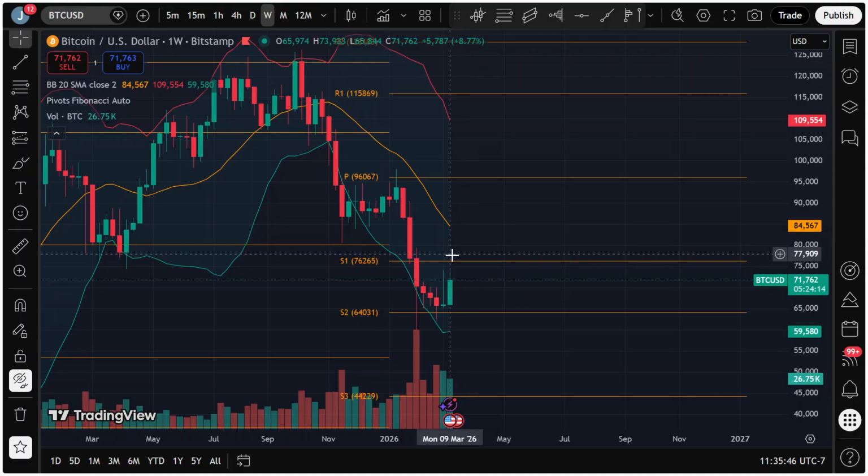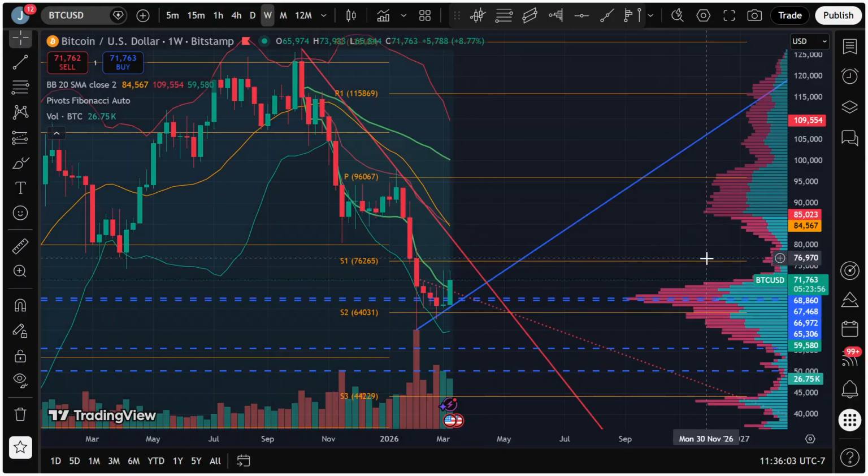Again, if we have a strong interaction with the weekly pivot, and then price is able to have a strong reaction to the weekly SMA instead of chopping off the weekly SMA. If it chops off the weekly SMA there, then that 76.2K pivot is not there. There's not enough weight there to actually look at. Look how thin it is at that part of the anchored volume profile.